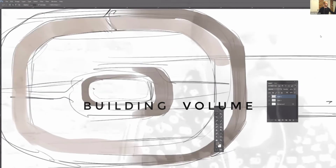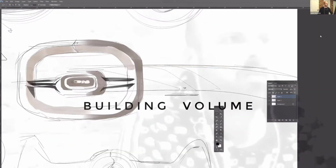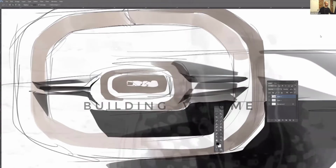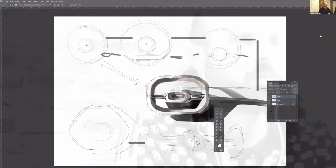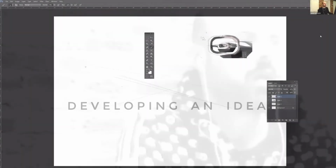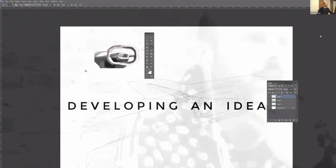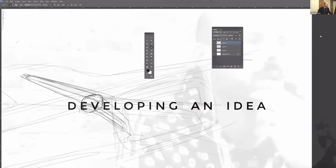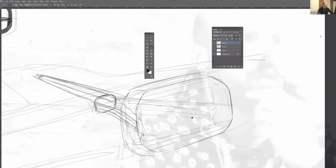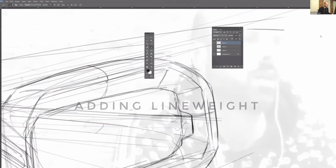I think it's important to communicate a good volume. So it's not just a circular revolution, but most of the time it's a polygonal form that is revolved around a polygonal shape. Once I find something that I like, of course I add some grayscale, I build some volume, and then I pick the sketch that I like, and around that I try to build a perspective view of the same using